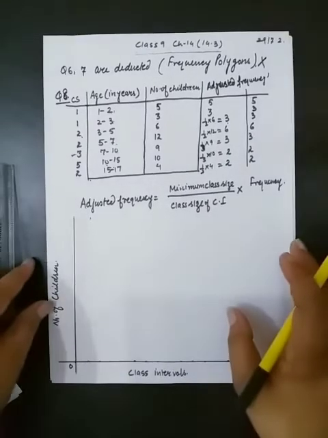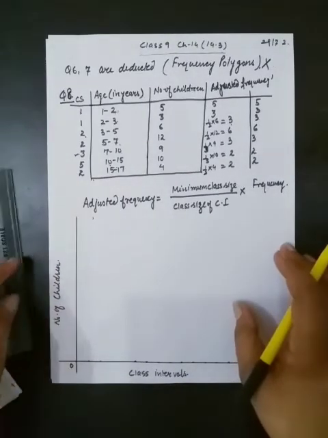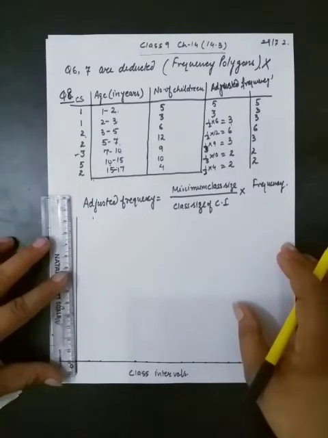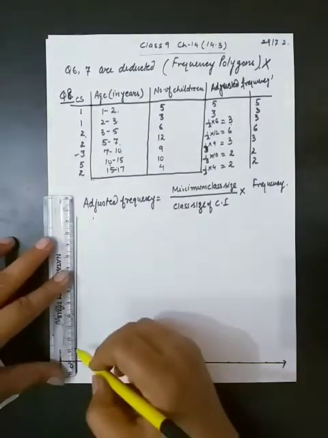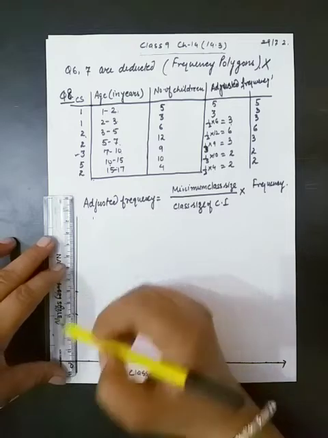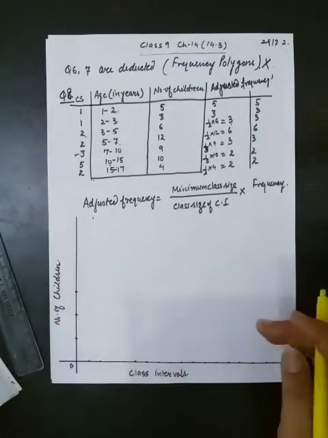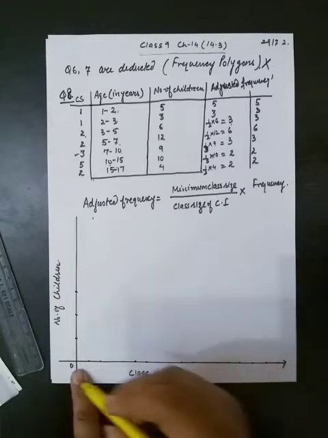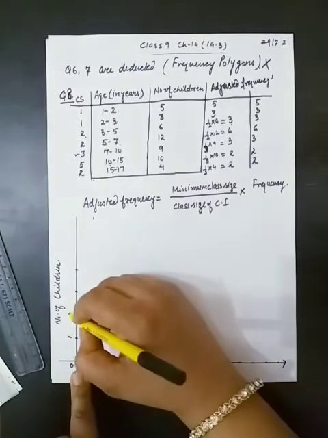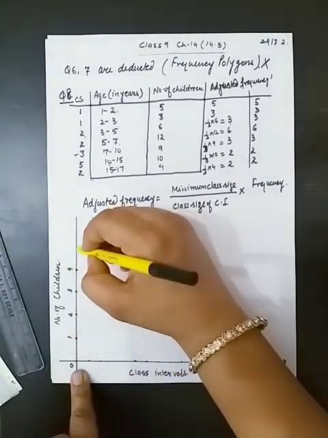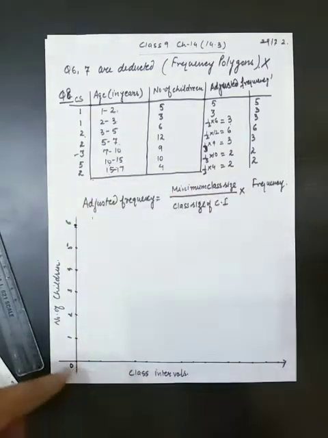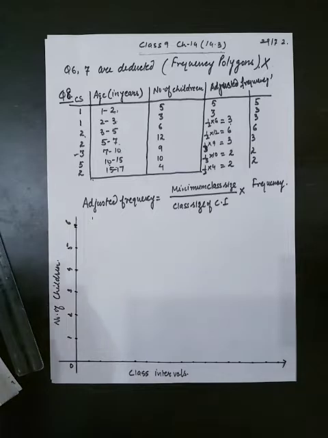Now for the frequency, minimum frequency is 2 and maximum is 6. So you can plot these values very easily by choosing any scale. This is 2, 4, 6. और you can take 1 का गैप भी आप ले सकते हैं, जैसे भी आपको कन्वीनियंट हो. 1, 2, 3, 4, 5, 6. We have also chosen 2 centimeter is equal to 1.